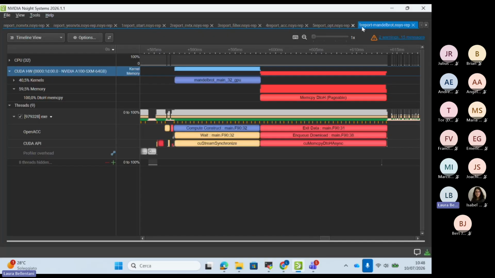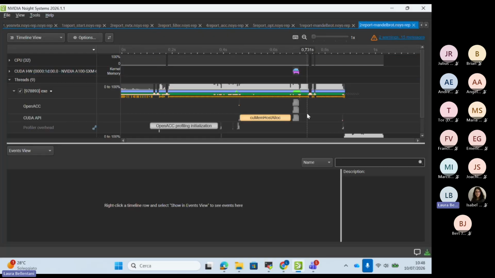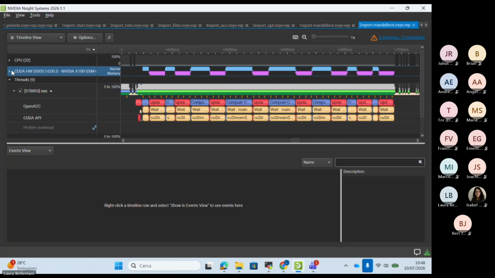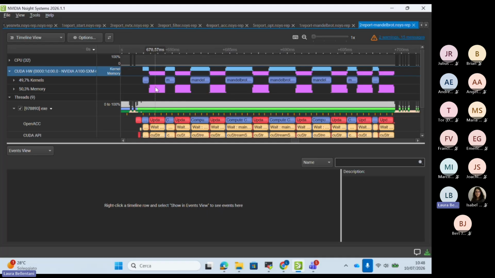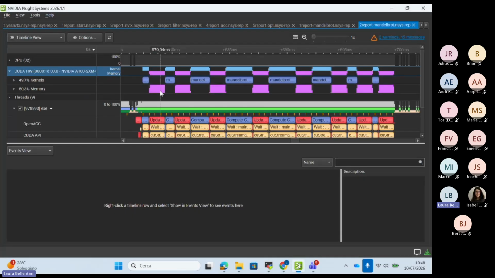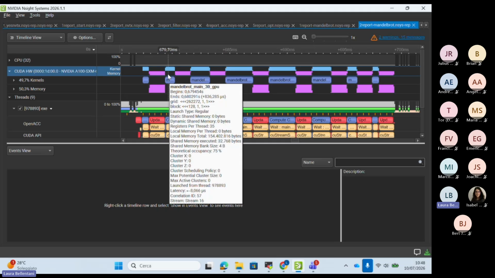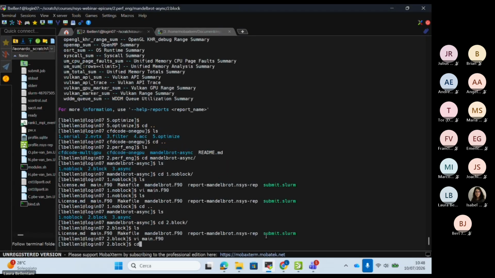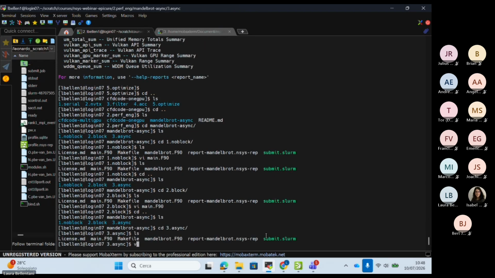We generate the report, and we look at the report, and this is how it looks. Now, computation, data movement, computation, data movement. If you look at the runtime, this hasn't changed much. Of course, we are just splitting kernel computation into smaller pieces, and data movement into smaller pieces. What we want to do now is to overlap this data movement with this kernel computation, as they are totally independent. To do that, we go to the next example.